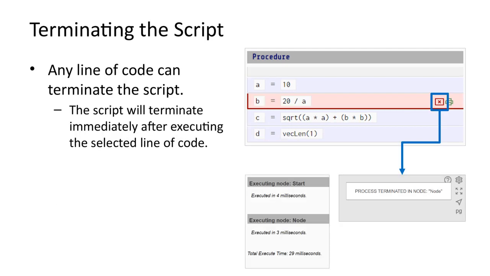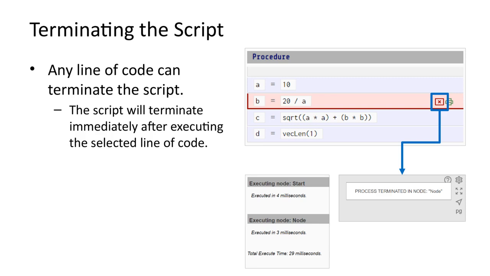In some cases, you may want to terminate the whole script at some point. This may be more convenient than disabling lots of lines of code. Terminating the script will also mean that any downstream nodes in the flowchart are also not executed. The left-hand button is the toggle button for terminating. Clicking this button will mean that when the code is executed, the whole script will terminate immediately after executing the